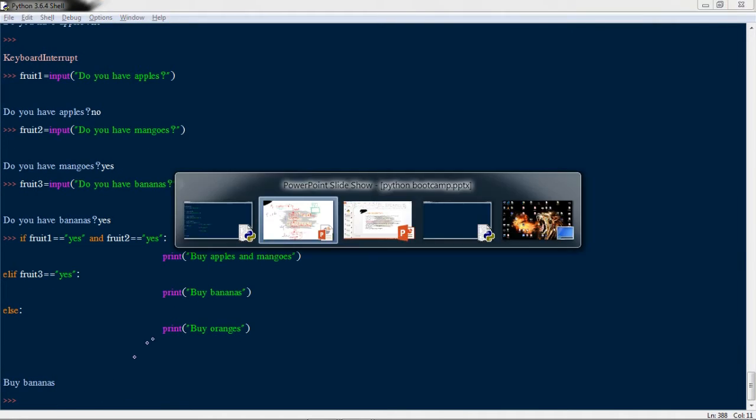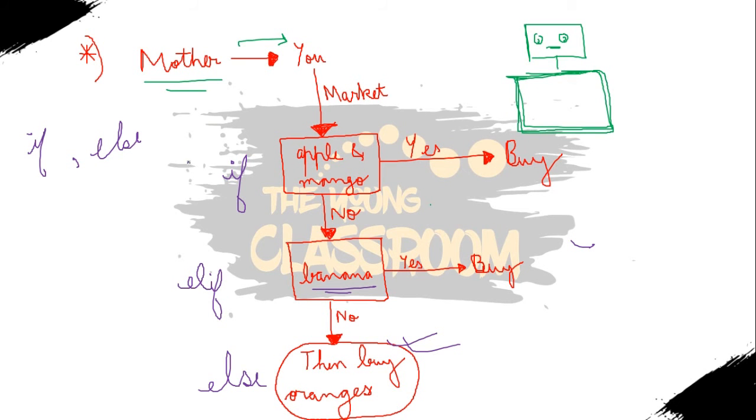So I think you have understood the use of the if, else and elif statements. If is used to give the basic condition, and elif is used to give additional conditions. The last else is used only if none of the conditions are true; else specifies what you have to do then. So I think you are clear with the if, else and elif part with this basic example. Just go through this example once and you will understand it.